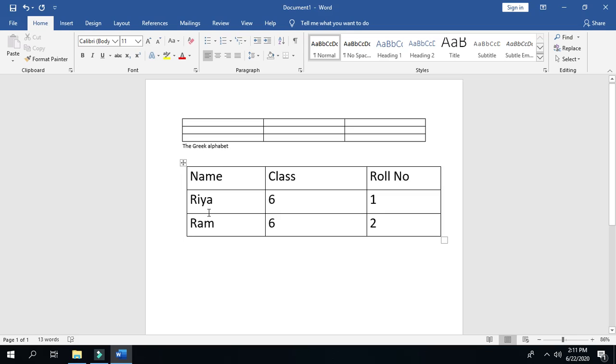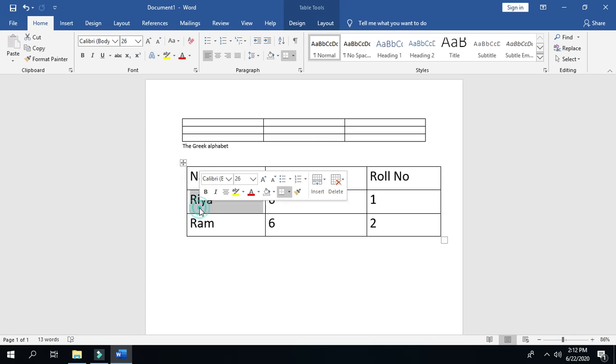If you want to select a single box, then you have to triple click the box. Triple click means you have to quickly click the box 3 times. For example, we want to select this one box, second box, then we quickly click this one box 3 times. See, the box is selected now.